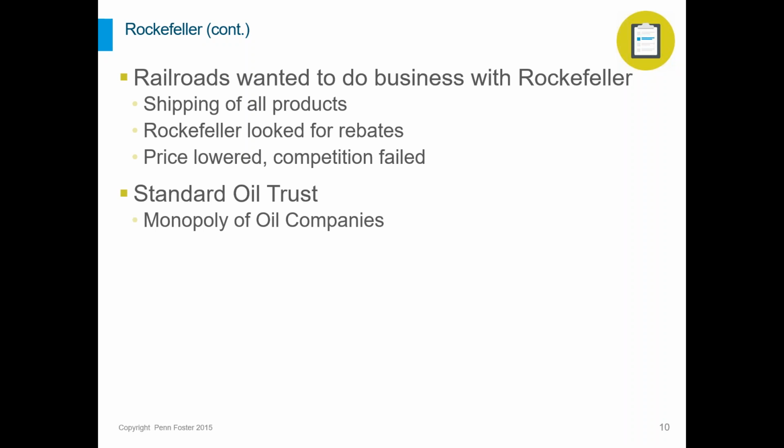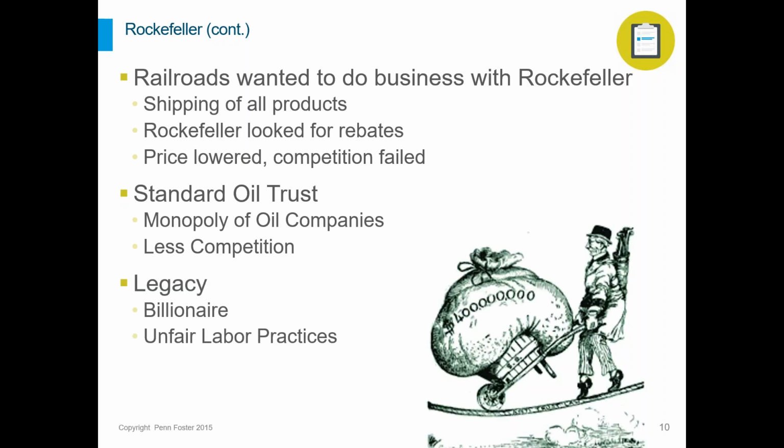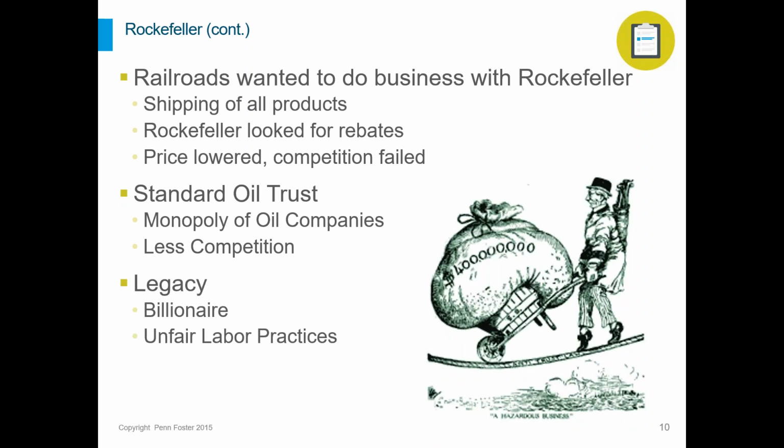And as his competition fails, Rockefeller starts buying up those other oil companies and essentially creates his Standard Oil Trust, or a monopoly on the oil companies across the United States, which leads to less competition. And after having lower prices that cause his competition to fail, as he buys up that competition, he's then able to raise the prices back up because now he doesn't have his competition anymore,